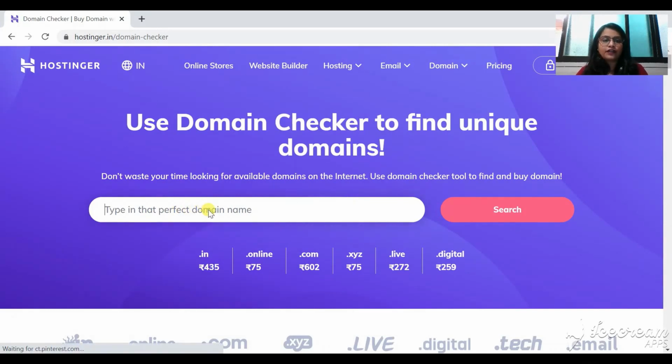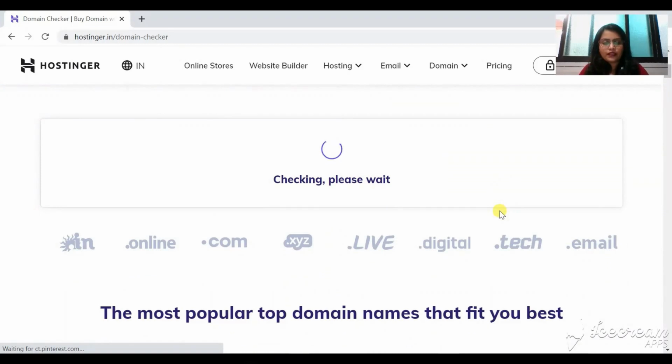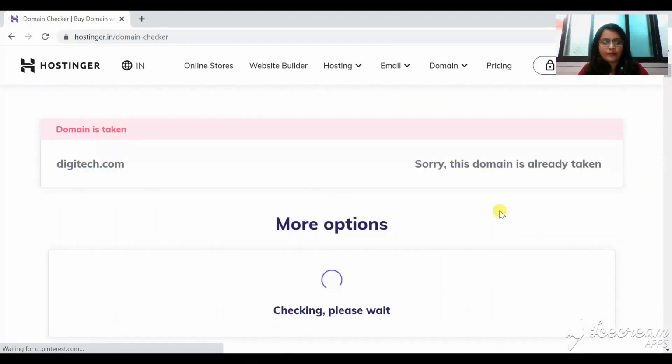For example, if we want to see Digitech, I can select the extension I want. Let's go with .com and search, and it shows this domain is taken.